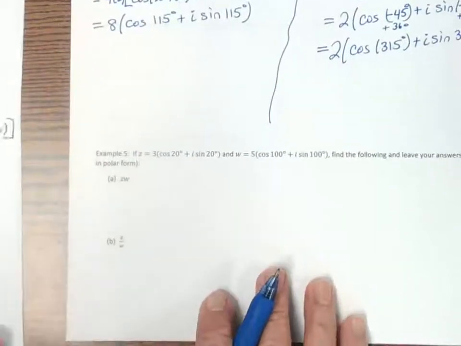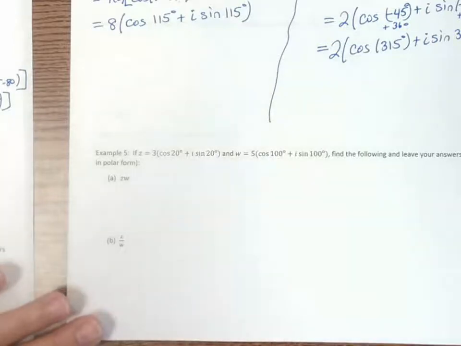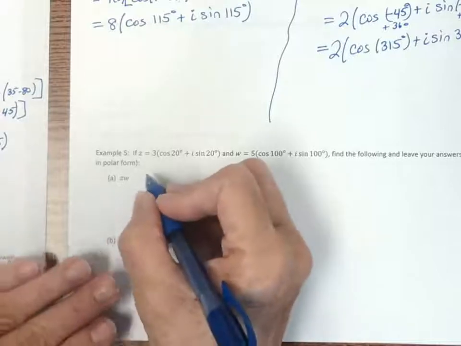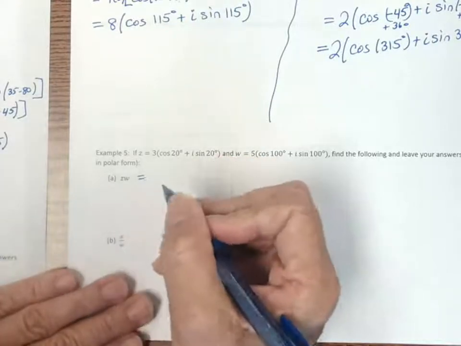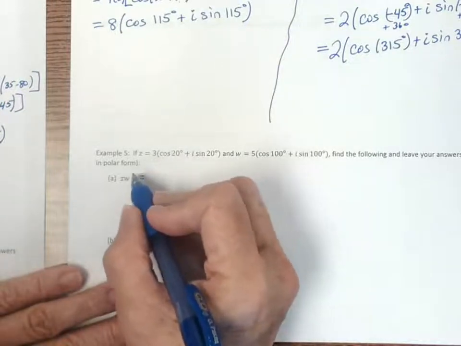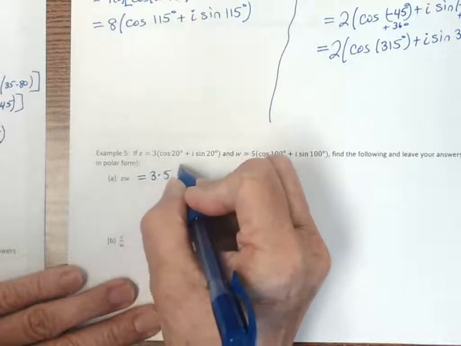Okay, let's try another one. So I'm given two complex numbers in polar form, and I want to multiply them. So let's try this one. And I encourage you to try these yourself first, and then check yourself. Z times W, 3 times 5